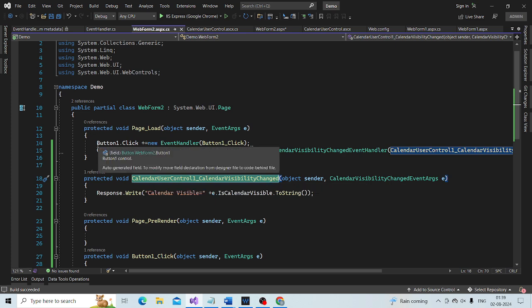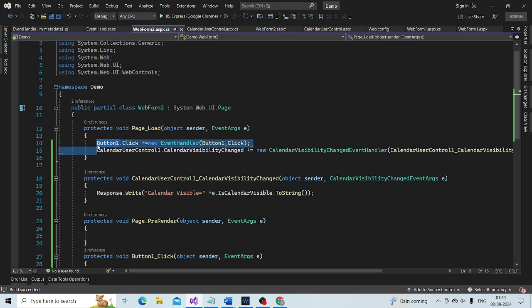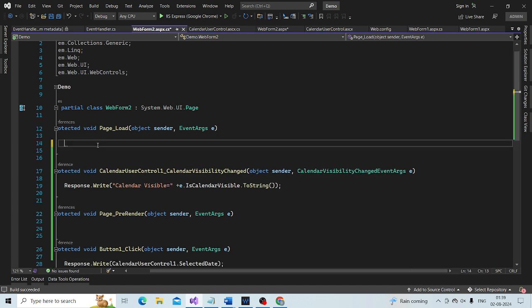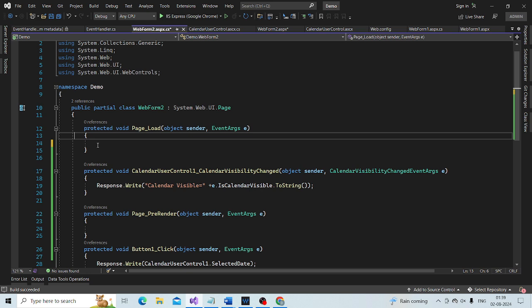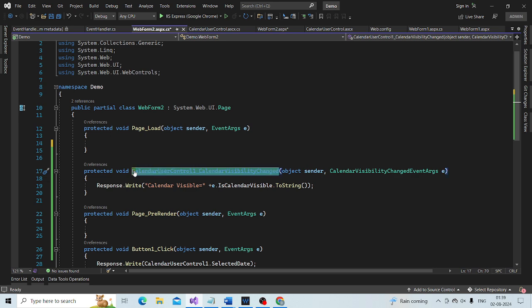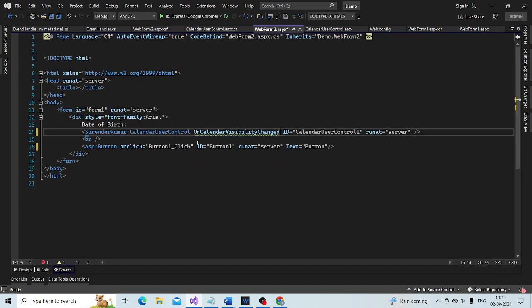Need to delete this code from here. So we have copied this method, CalendarUserControl1_CalendarVisibilityChanged, from here and pasted it here.